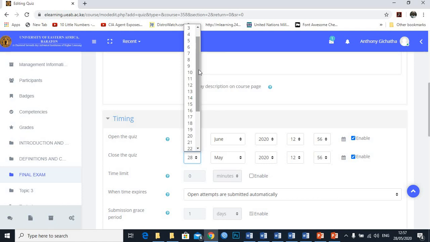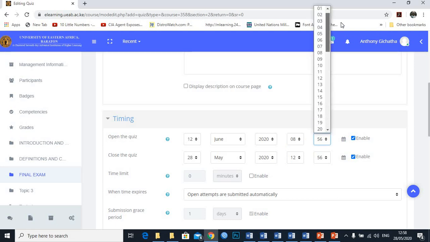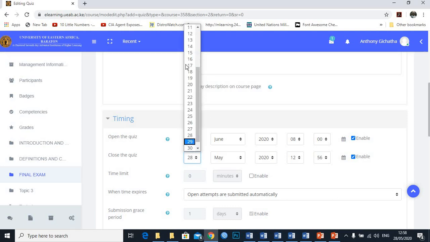But the exam itself, as you can see here, it has got a time limit. So you can give a time limit of, let's say, 1 hour, but the exam is available the whole day. But the moment you take the exam, you only have 1 hour. So in this case, we can decide that it's going to start from 12th, do 12th in the morning, 7 in the morning, or even 8 in the morning. All right. And then it will go up to the whole day, 12th,